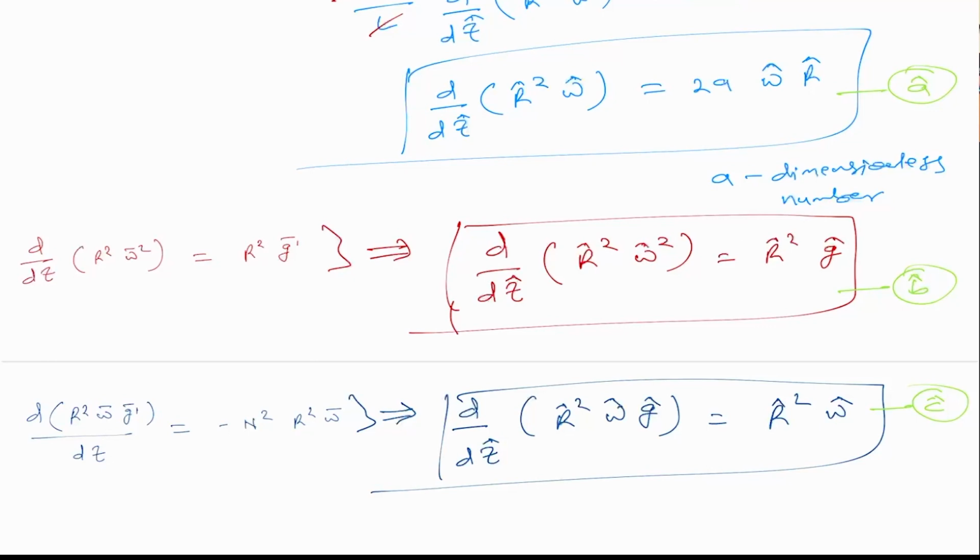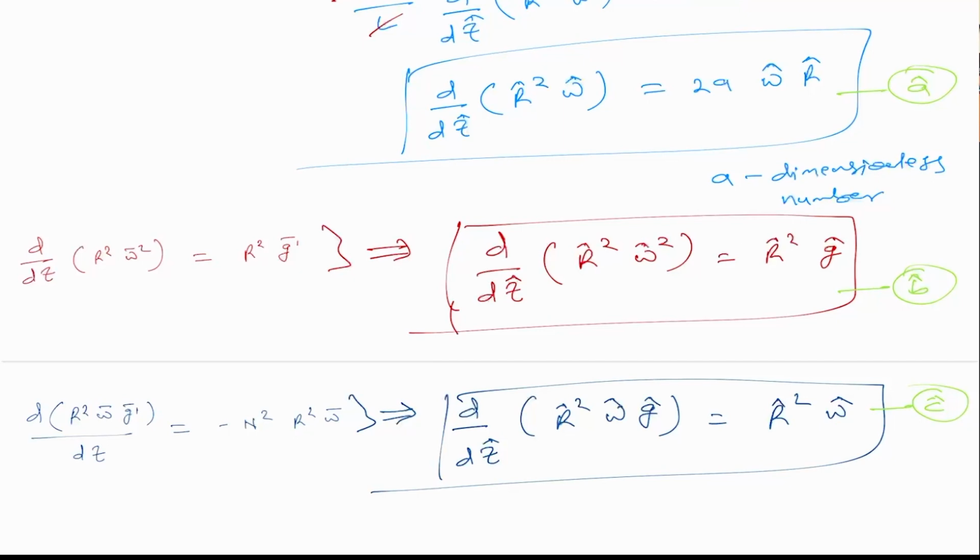Just to recall quickly, R is the dimensionless radius of the plume, W is the dimensionless vertical velocity, which is the mean velocity of the plume, and G hat is the dimensionless reduced gravity of the plume, which is again the mean reduced gravity at a particular height Z. Okay, so we have three parameters and three equations